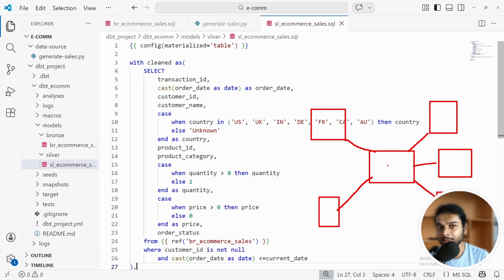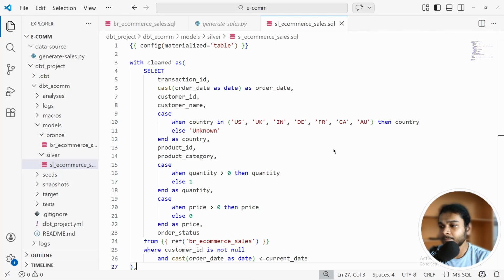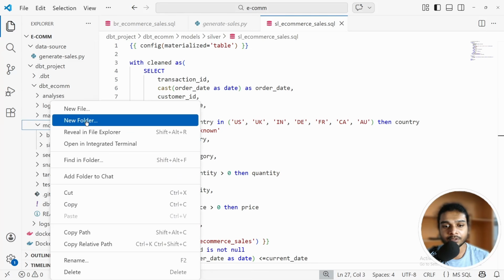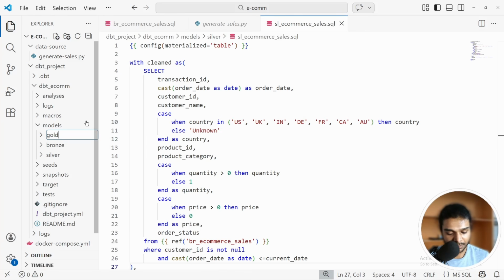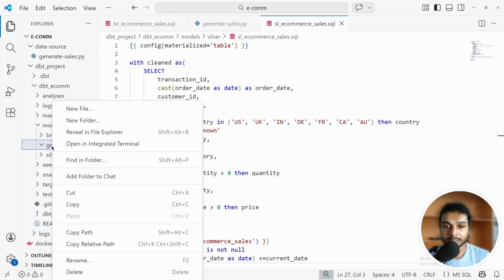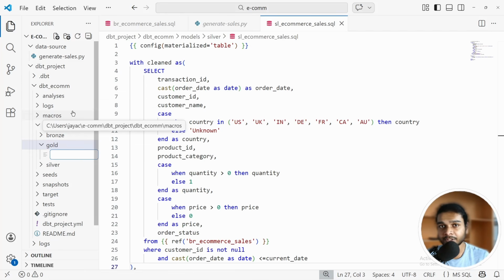That is how star schema works. And when you picturize it, it basically looks like a star, and that is why it is called star schema. We're going to implement that. We're going to create two dimension tables and a fact table that combines these two dimension tables together. For that, let's create a new folder named gold. And for our first transformation, we're going to create the dimension table for